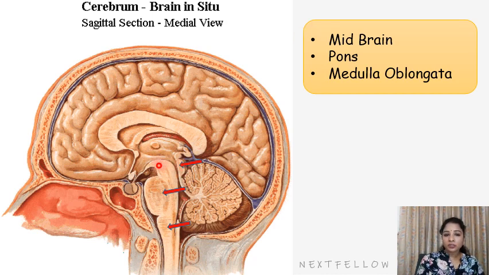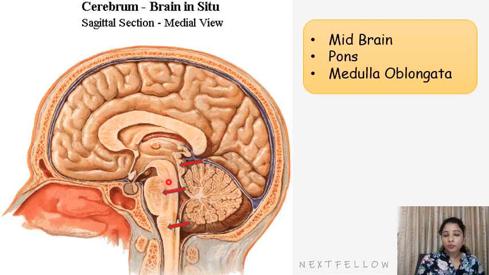So this is the cerebral peduncle, and this is the tectum or corpora quadrigemina, and you can see the thin canal traversing through the midbrain, which is called cerebral aqueduct or aqueduct of Sylvius. So this small wedge-like part is the midbrain, and